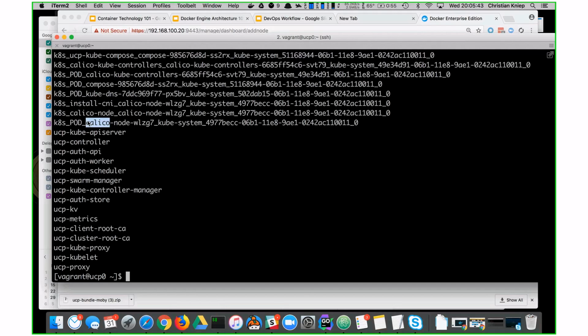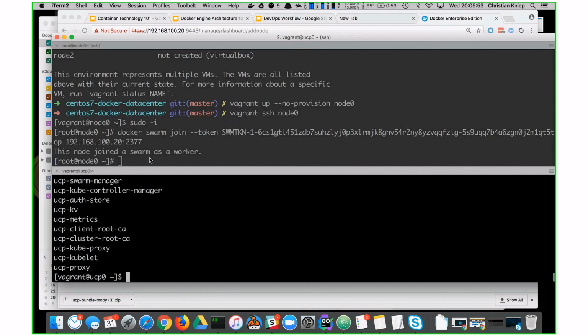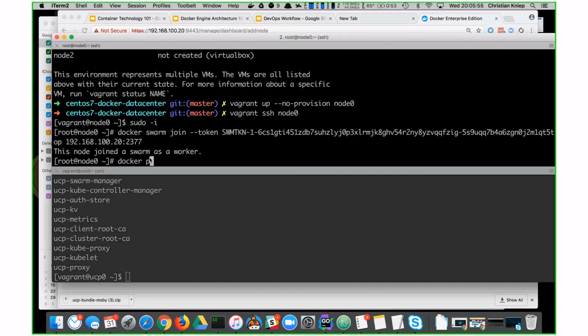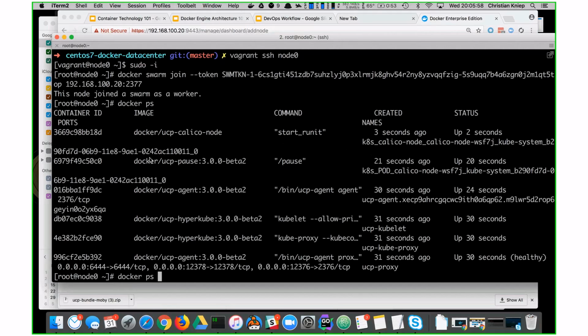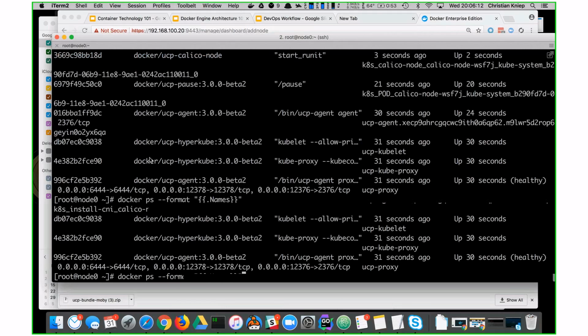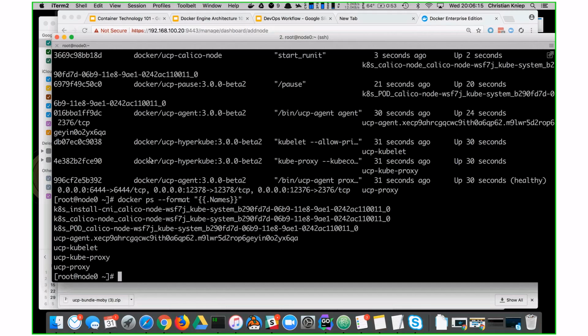They helped us. They provided the knowledge about Kubernetes, the bootstrap knowledge, and then we have a couple of UCP containers, but that's it. And on the node that I just joined, we have the same kind of containers coming up. So we have all the UCP containers, all the worker containers you need, and we also start the kubelet and all the containers you need in order to make Kubernetes a thing. And that's how you create a cluster now, in our neck of the woods.